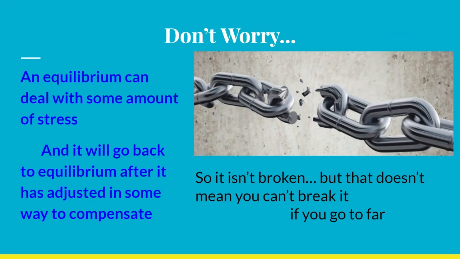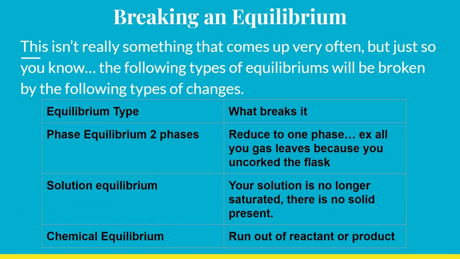So I've never seen them ask a question about this, but since we're talking about the topic, we should do the whole topic. So just quickly to make sure we're covered in case they do throw some weird questions on the Regents this June, we should talk about what breaks an equilibrium. So if you've got a phase equilibrium, like a liquid and a solid, like ice in water, what will break a two-phase equilibria is if one of the phases completely disappears, right? So once all the ice is completely melted and you only have liquid water,